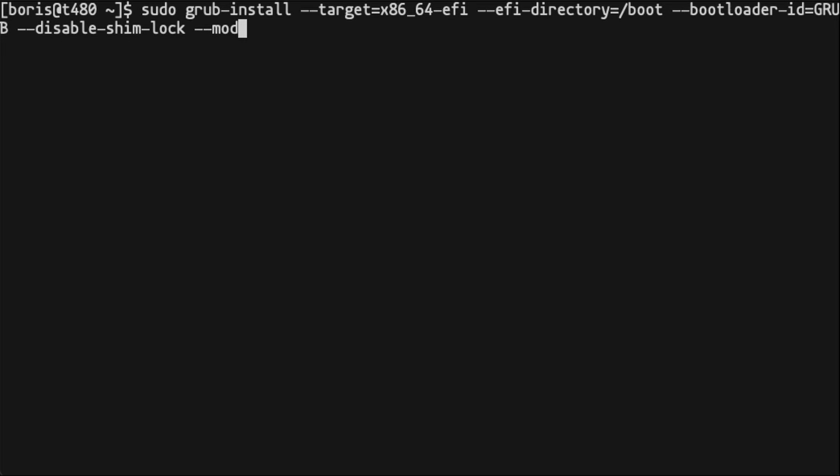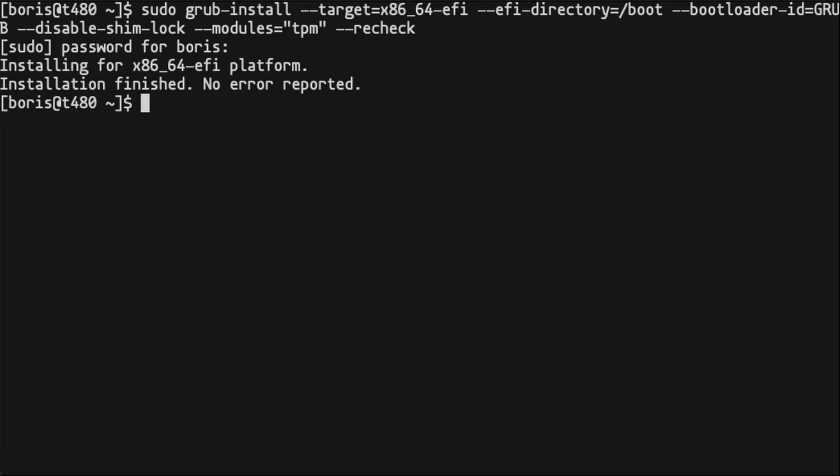Next, we're going to have the modules, and here we're going to be using TPM. Now, finally, I'm going to pass the recheck command because I already have GRUB installed. Okay, now that we've updated our GRUB install, we need to go and remake our config. So we're going to say sudo grub-mkconfig, output is going to be at /boot